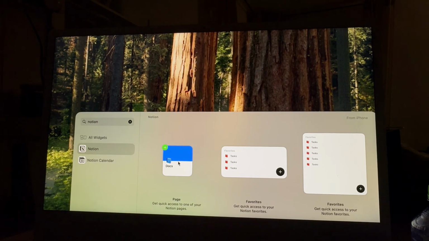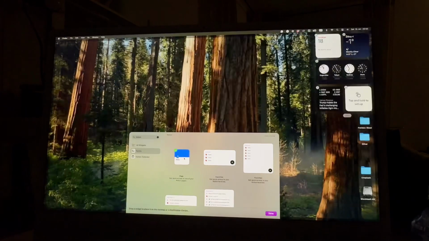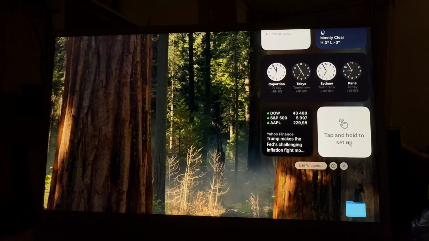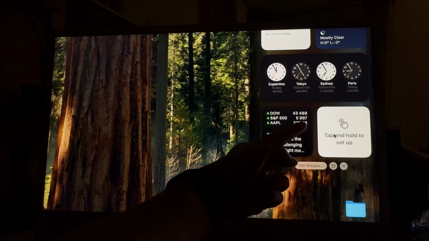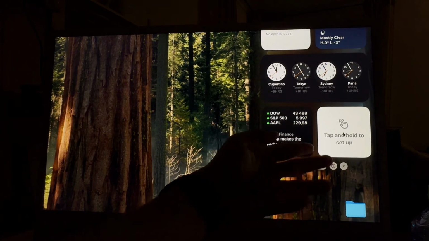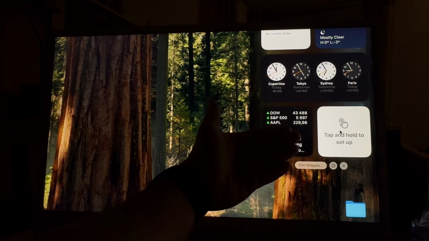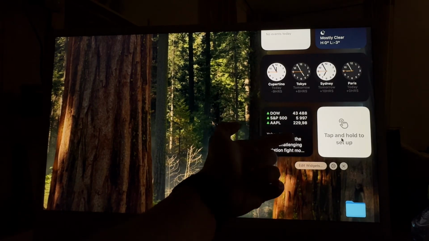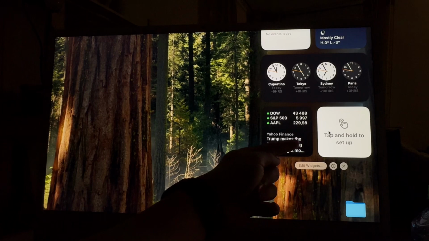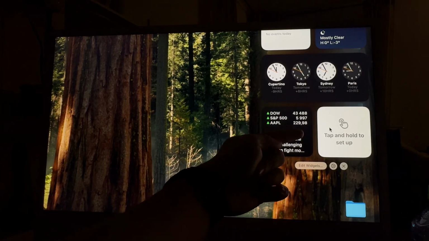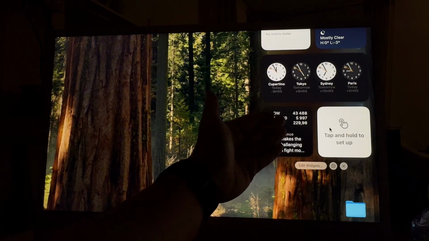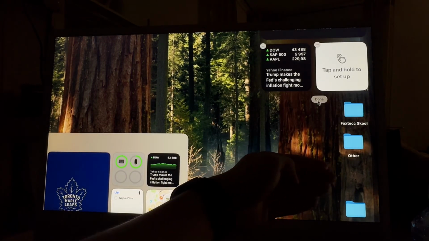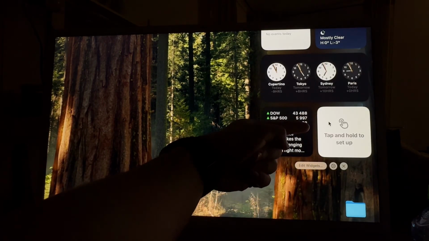But I've noticed that some people are kind of stuck at this situation because the Notion widget is saying to hold down on it in order to edit the widget. It works well on the iPhone, but on the Mac, you can't just hold down on it. Instead, what we need to do is to right-click on the widget. It's also called the secondary click. Using the trackpad, it is done by tapping with 2 fingers at the same time,